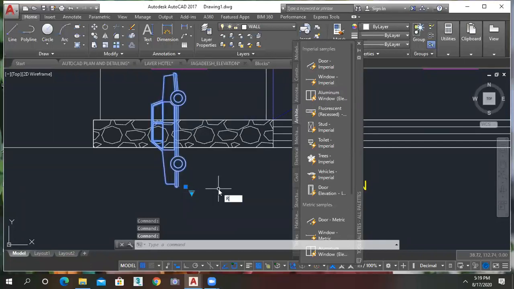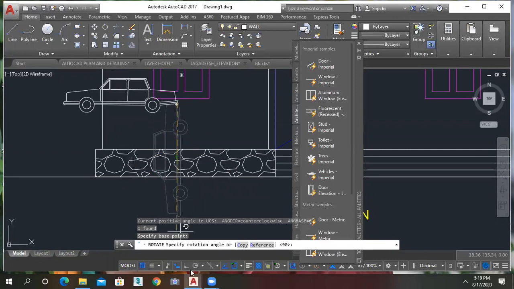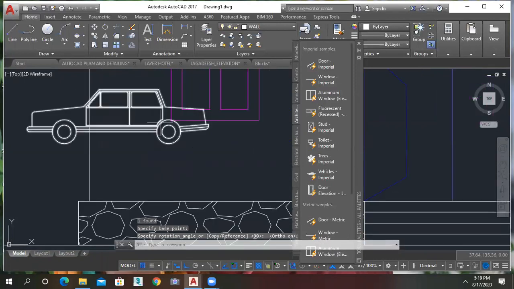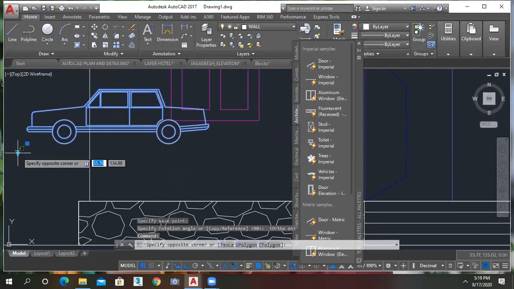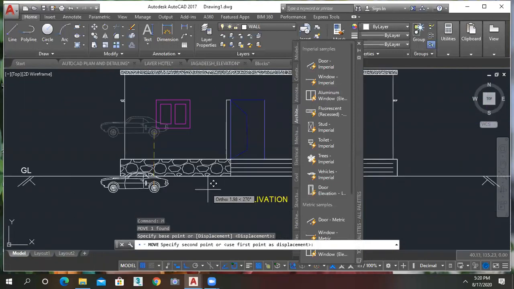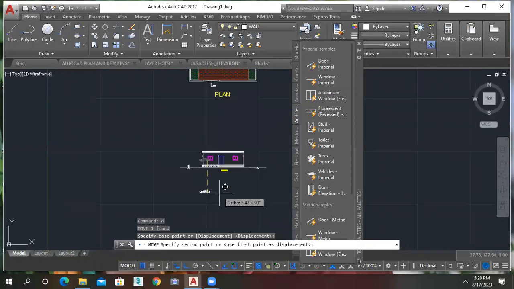You can rotate it. You can change the type also. Not like this. No, this is somewhat like this, no? Yes.